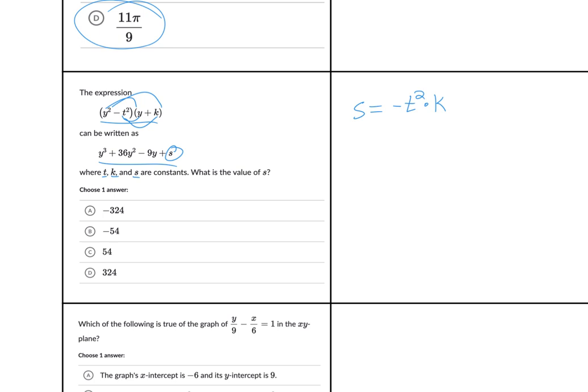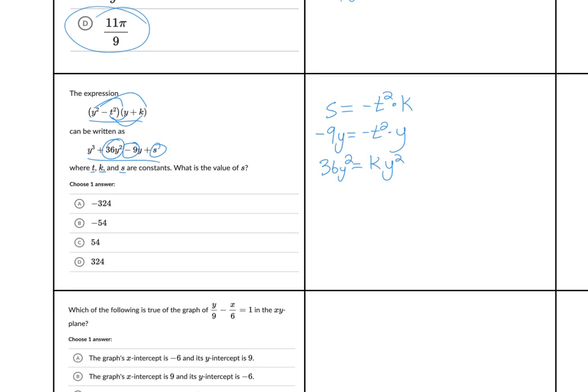Now, what else we need to know is that this value here, negative 9y, came from negative t squared times y. I think that gives me a pretty good idea of what t is. And this value, 36y squared, came from ky squared. So that means I'm thinking t is 3